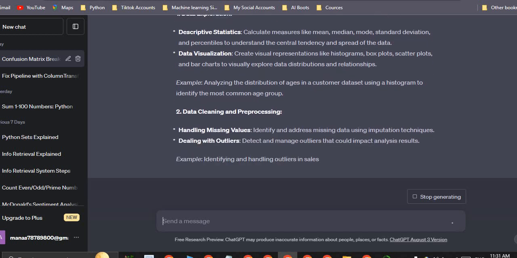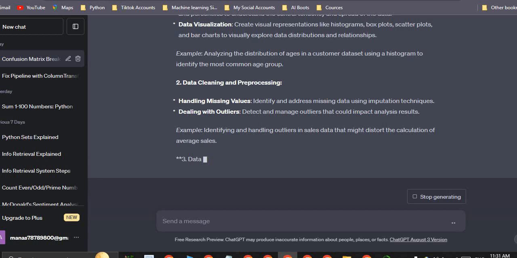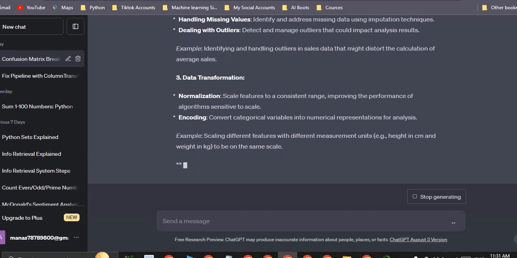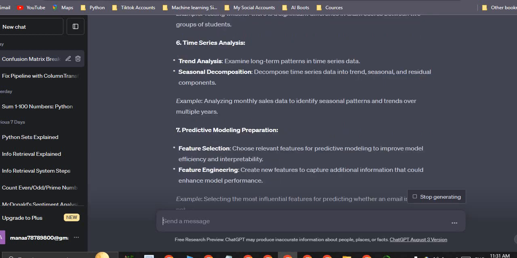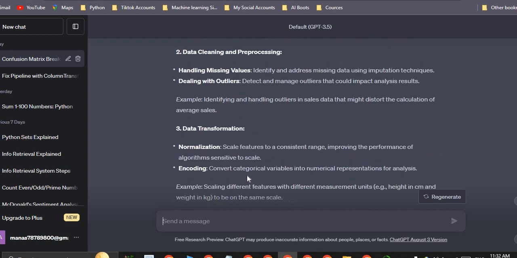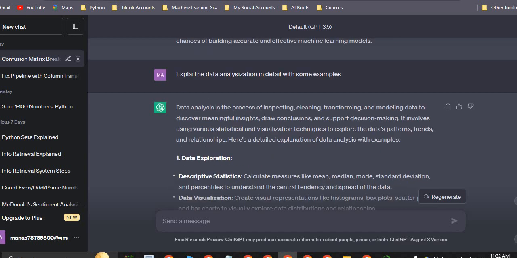Let's see the steps of data analysis. So let's see what data analyzing is.